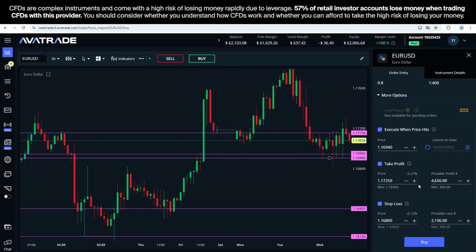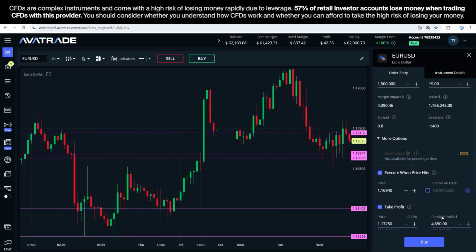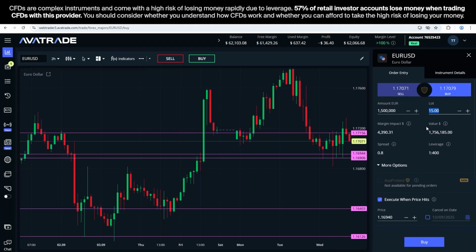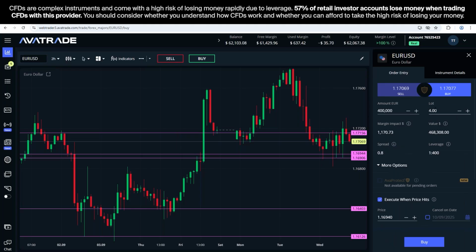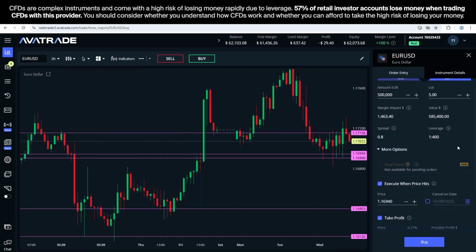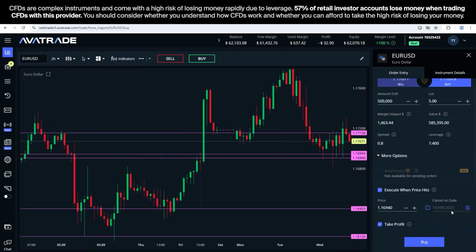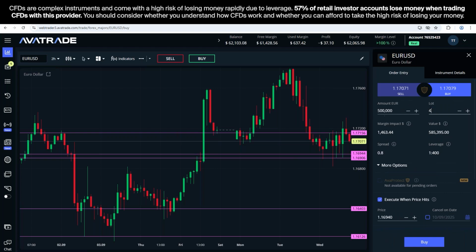All right, so now we just need to adjust the trade size to be at the level of risk that you're comfortable with, because we have the technical setup. These prices are determined by the support and resistance levels, and so now we just need to adjust the trade size to be the level of risk and potential profit that you want. So if, again, I want to risk only 1% or so of my account, if I do 4 lots, I'm risking 560. If I do 5 lots, I'm risking 700. So I need to do something between that,